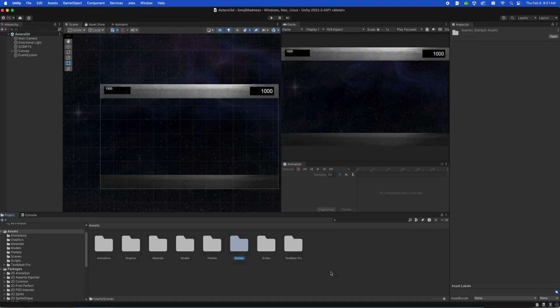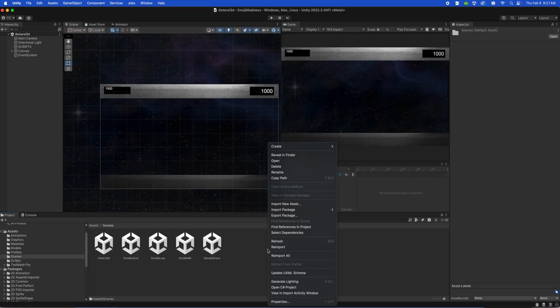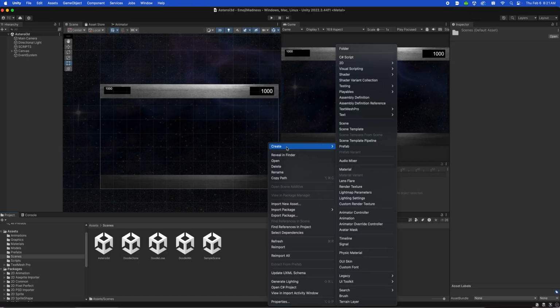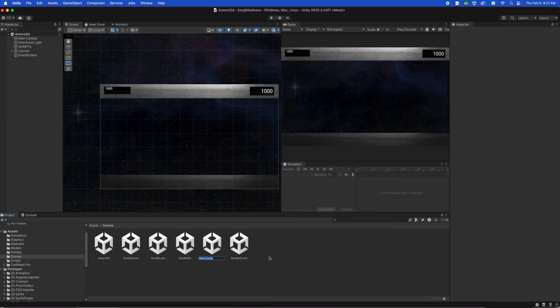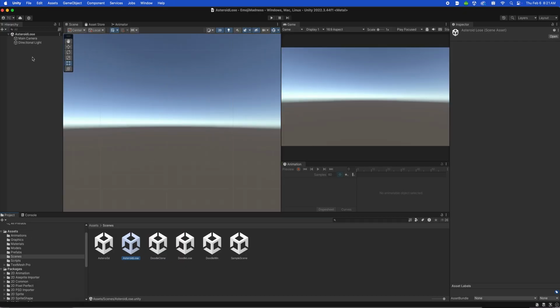Create a new scene, and then let's lose the game. Okay, so in assets, go to the scenes folder. Let's right click here, say create. Let's create a scene. Okay, and we're gonna call this one Asteroid Lose. Okay, and let's just go in there real quick, and we'll make a